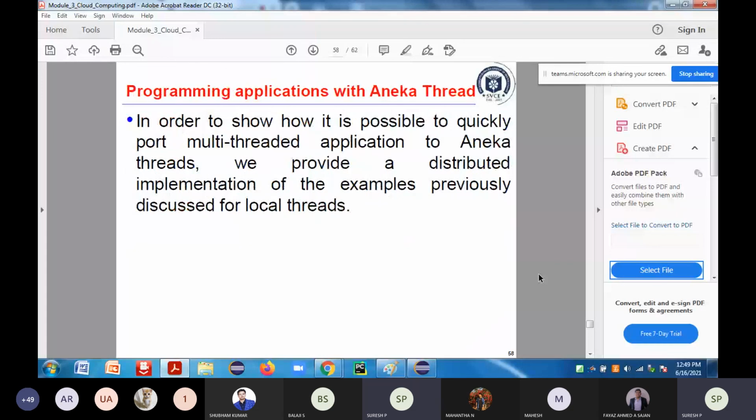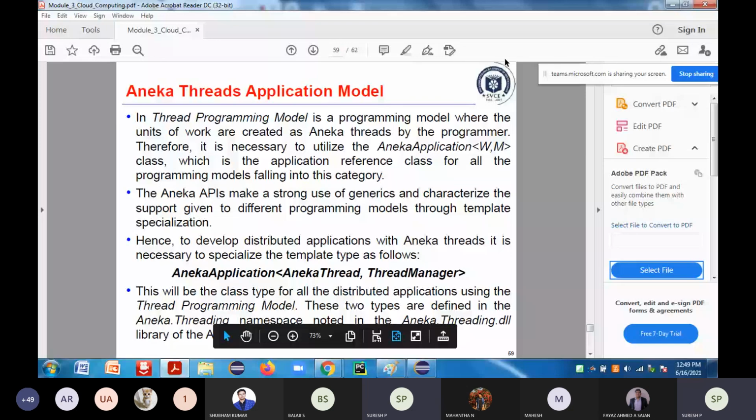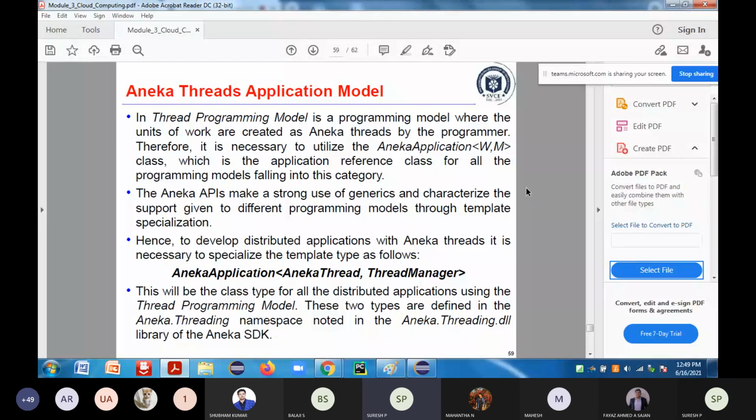We will start by going through the matrix multiplication and the functional decomposition which were discussed in your normal thread operations in the beginning. In your domain decomposition and functional decomposition, just see the code with respect to the Aneka thread. Your class representation is the same. Everything is the same. Only the thread creation differs: instead of Thread, you name it Aneka dot Thread. That's it. Nothing else.